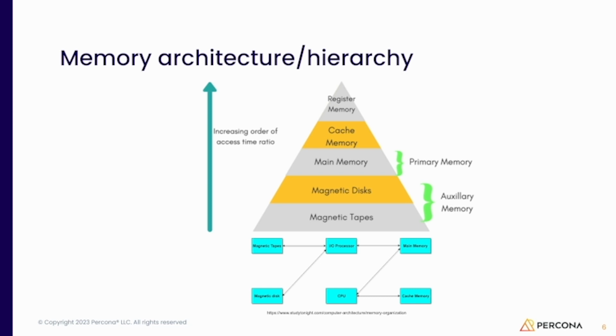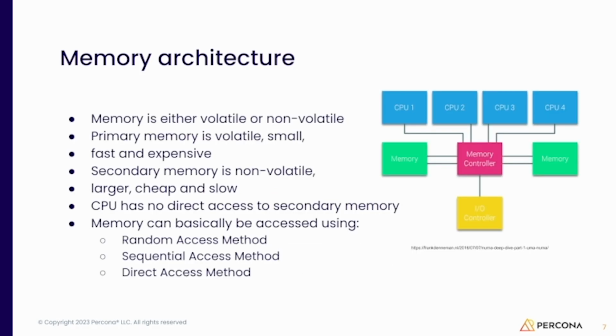Remember, the CPU doesn't access the hard drive. It doesn't matter if it's magnetic or SSD, because it doesn't have a direct connection. And then things start slowing down a lot. That's why we have so many optimizations to keep the cache hot. Always keep information in the cache, because things are going to be a lot faster.